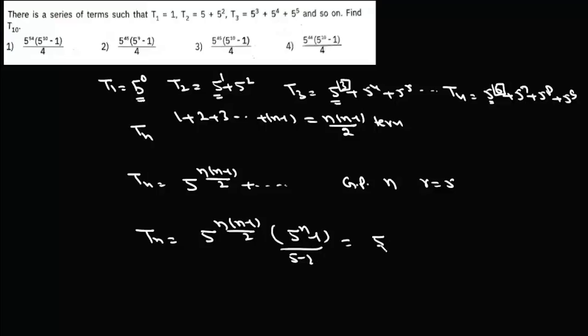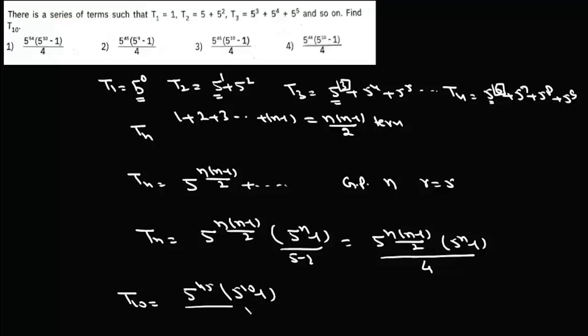So it will be 5 to the power n(n minus 1)/2 into (5 to the power n minus 1) whole divided by 4. Now we need T10. If we put n as 10, it will be 90 by 2, 45. So it will be 5 to the power 45 into (5 to the power 10 minus 1) upon 4. And that's your